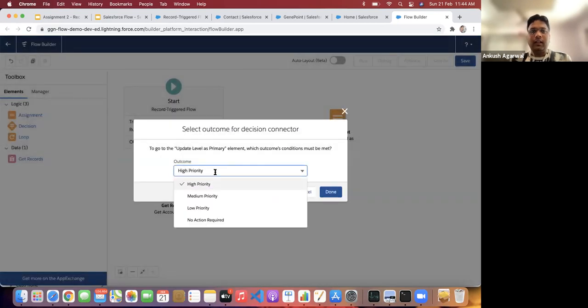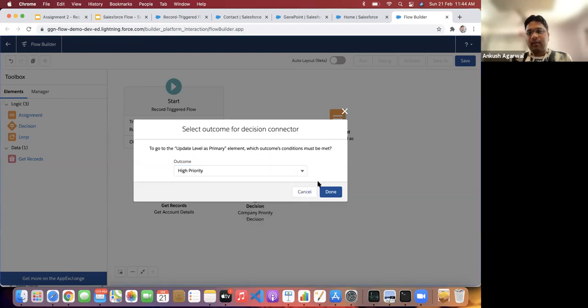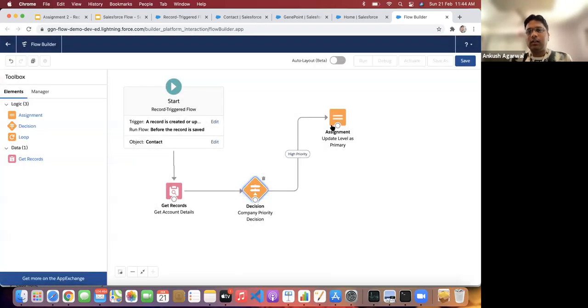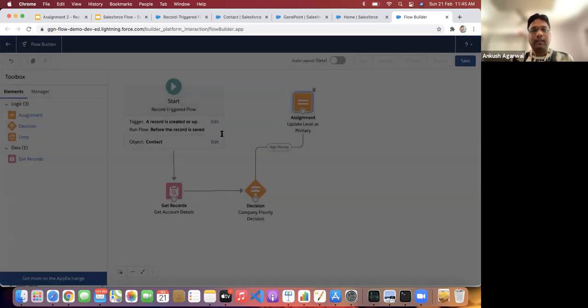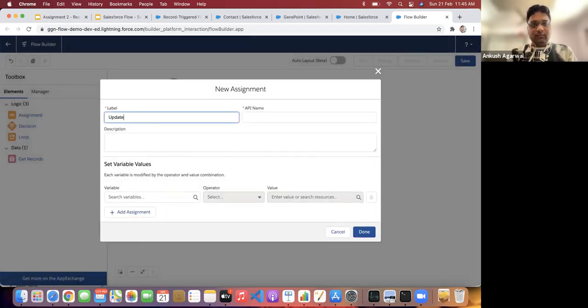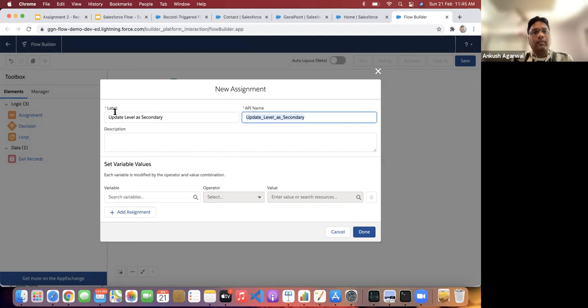While connecting it, it will ask us for which outcome you want to perform this assignment operation. So I just selected high priority. So a high priority contact would have the level as primary. Similarly, we'll create one more assignment, update level as secondary. Generally we try to give a label name which is self-explanatory.